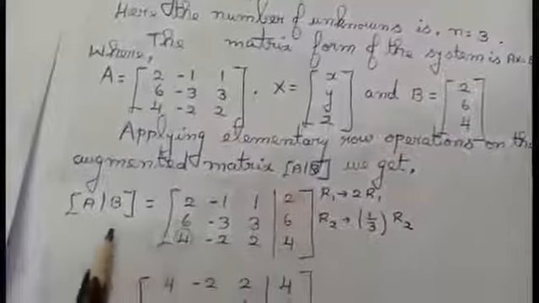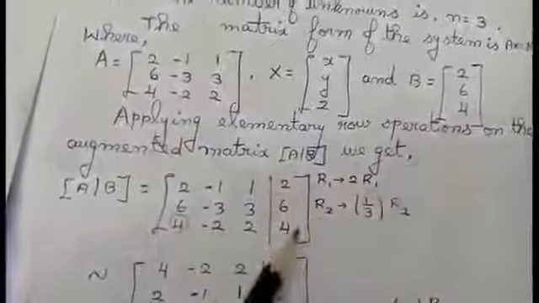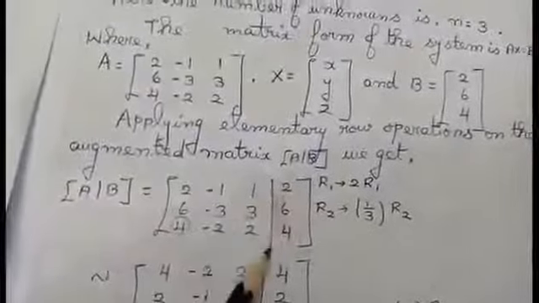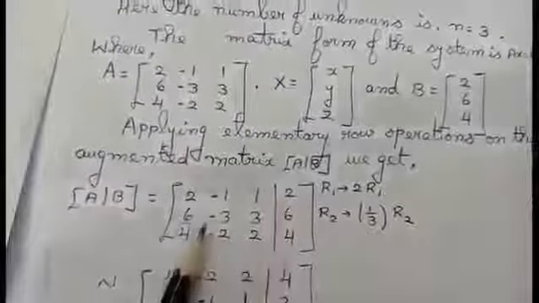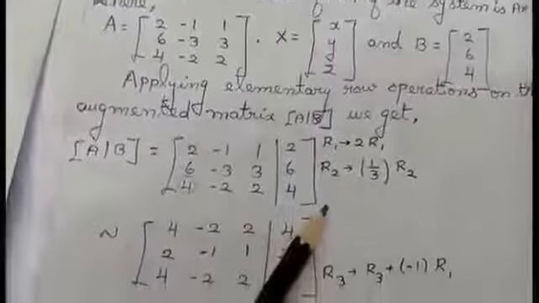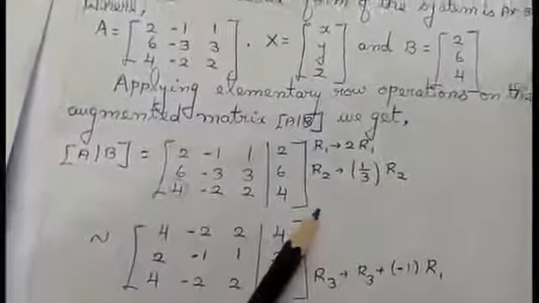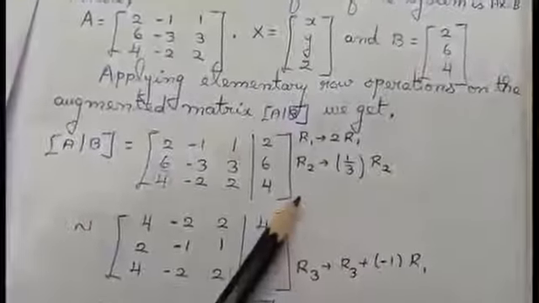And if we check, the augmented matrix is nothing but the A matrix, I'm writing it as it is, and the B matrix I'm joining, just putting a slash line in between A and B. If you check the order of the matrix, we have 3 rows and 4 columns. It is not a square matrix. That is why in the Gaussian elimination method we said that the given matrix need not be a square matrix.